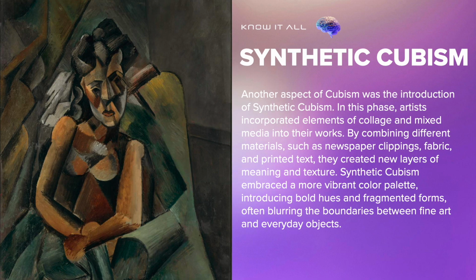Another aspect of Cubism was the introduction of synthetic Cubism. In this phase, artists incorporated elements of collage and mixed media into their works. By combining different materials, such as newspaper clippings, fabric, and printed text, they created new layers of meaning and texture. Synthetic Cubism embraced a more vibrant color palette, introducing bold hues and fragmented forms, often blurring the boundaries between fine